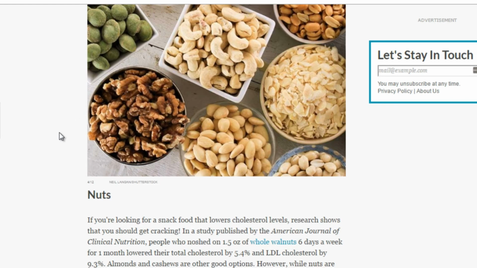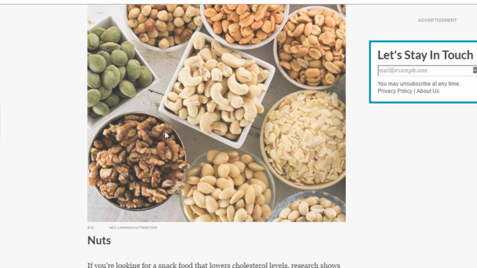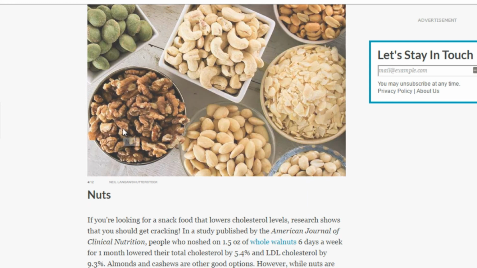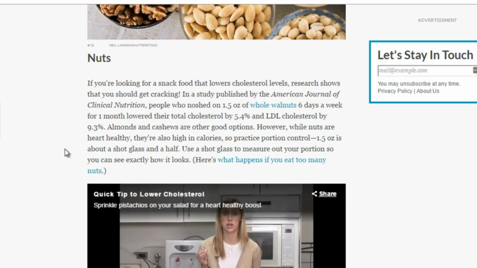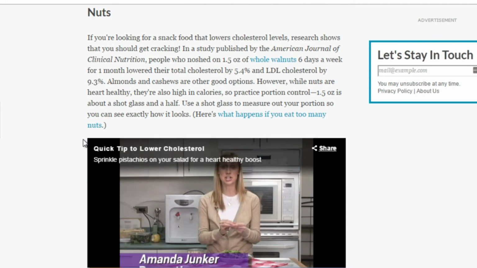or top 5 fish that lower your cholesterol, top 5 types of nuts. Because as you can see here, there are many different types of nuts. There's our pistachios, for example, that can help lower cholesterol. And there are many other types like almonds that can help as well. So try to go through here and just break it down.